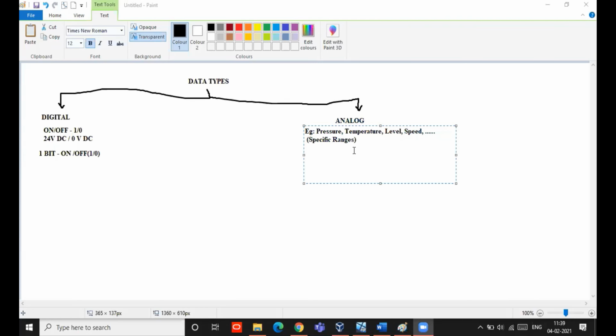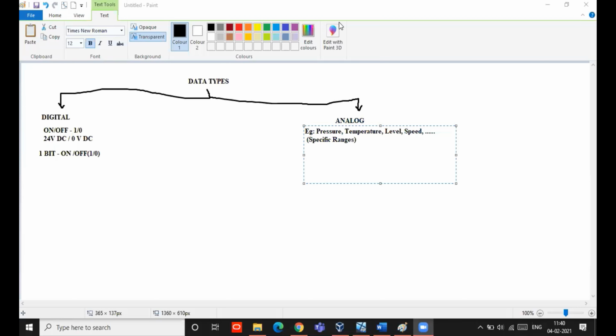But the quantities you specify as on or off come under digital. For example, I want to turn on the motor or turn off the motor, turn on the fan, turn on the lamp. But I cannot say turn on the pressure, turn off the pressure, turn on the temperature.